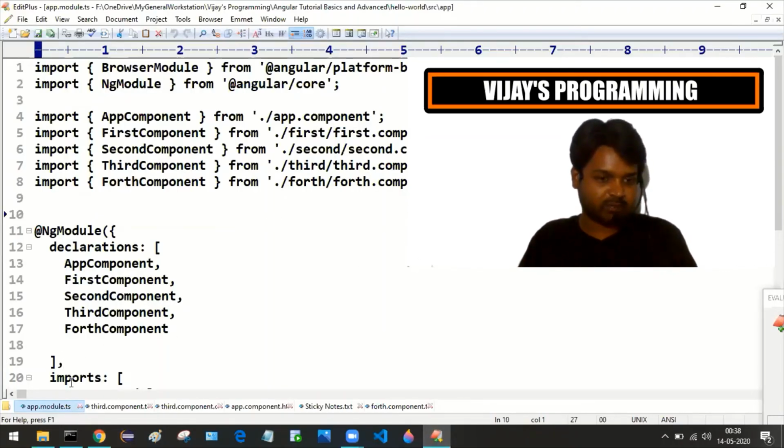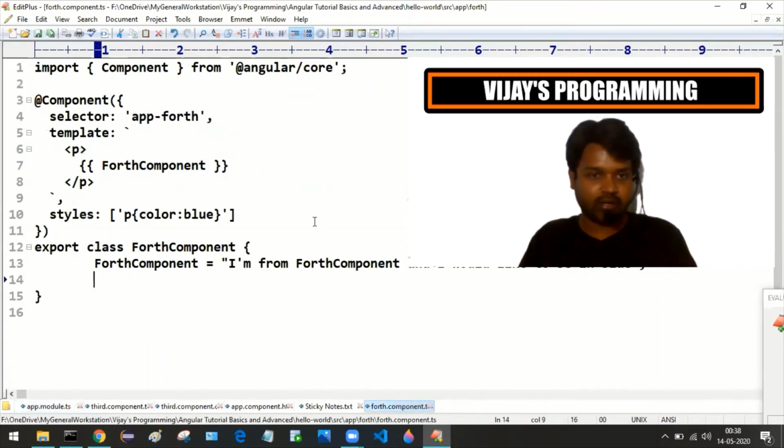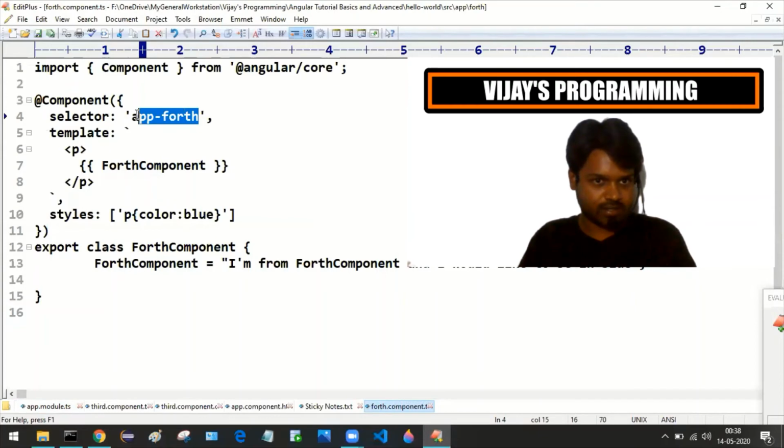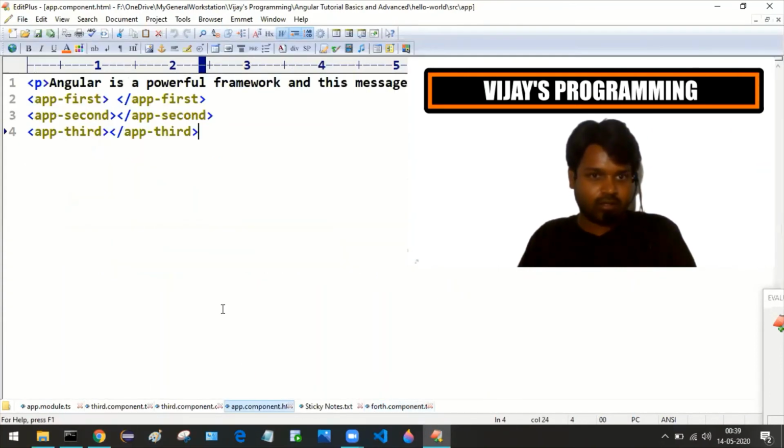In the fourth.component.ts file, we need to copy this selector value or selector name, that is app-fourth, and we need to keep that in the form of opening and closing tag inside the app.component.html file.